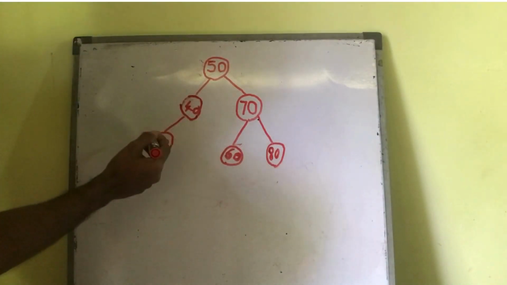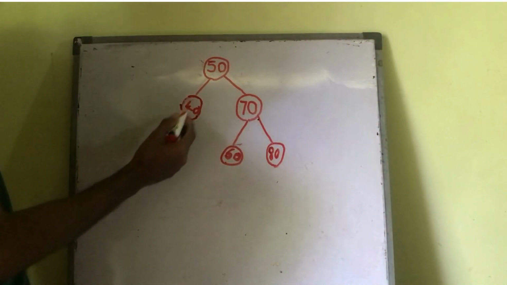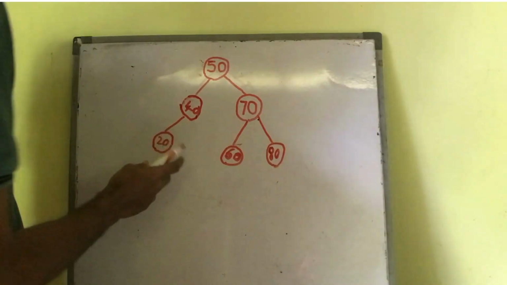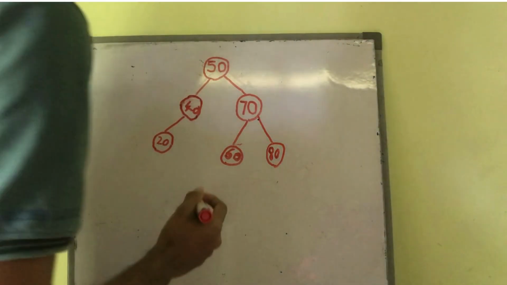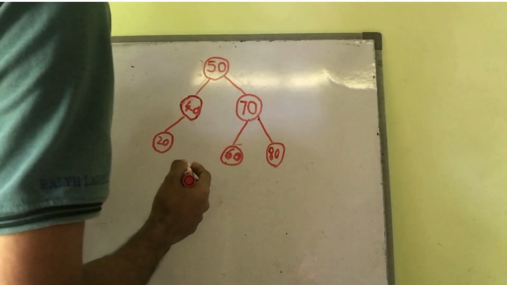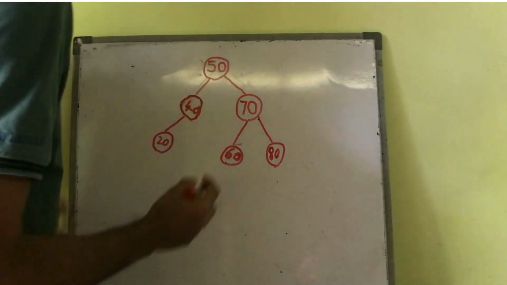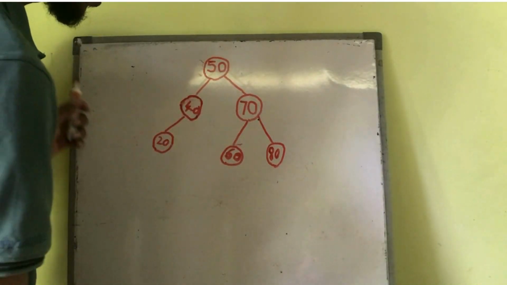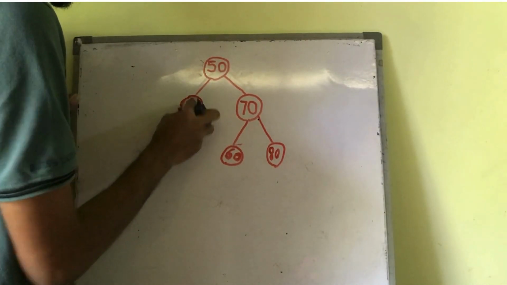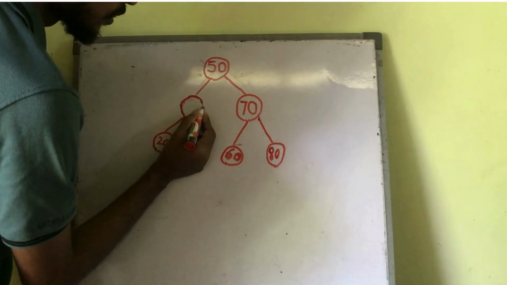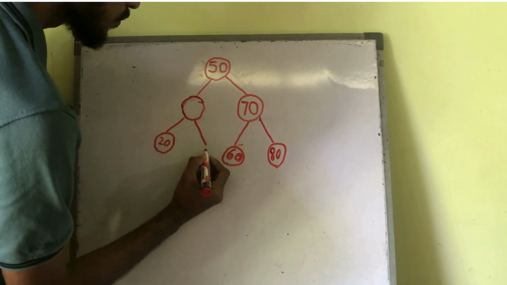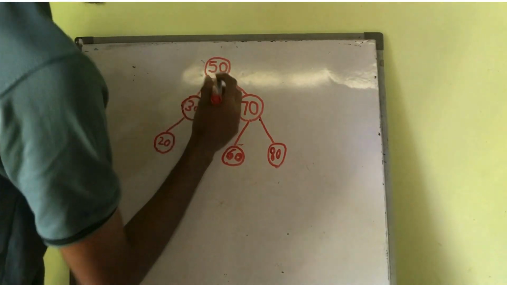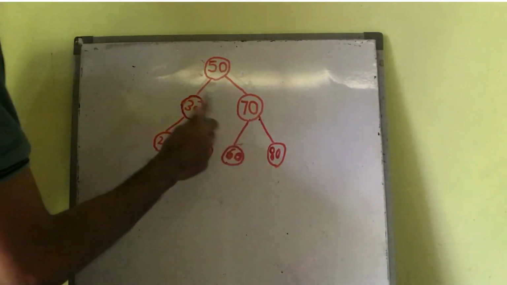So there is no rule broken. You can see 40 on the left side, 20, the rules are not broken. Now think about how to delete the root element. The root element has two children. So I'm going to delete the root. You can see 13 and 70 are its children.